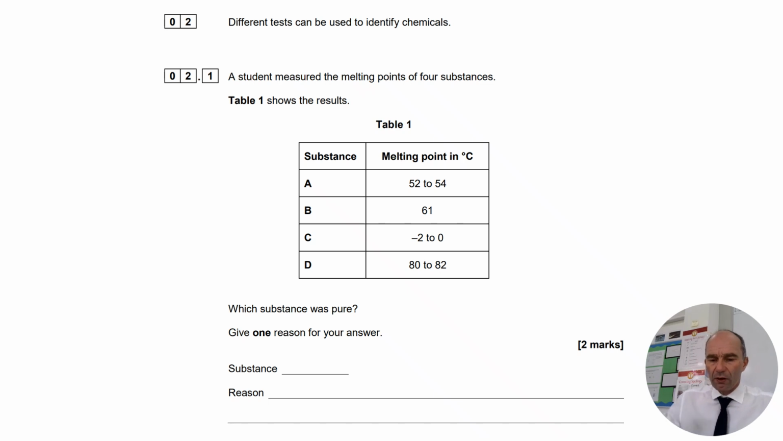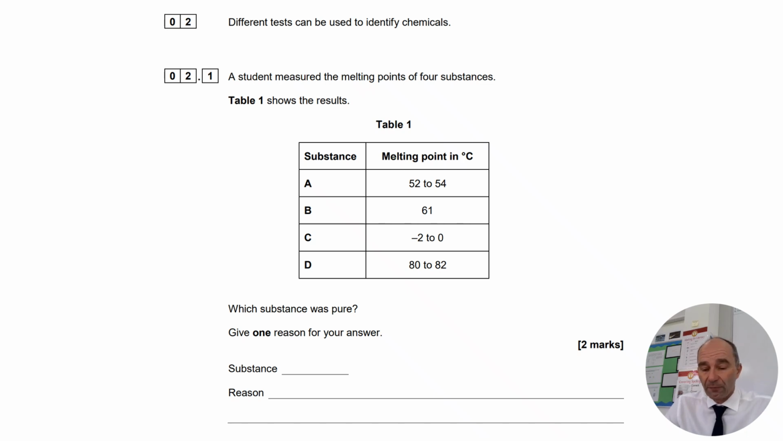Now, question 2, we're on to chemical testing here. Different tests can be used to identify chemicals. We've got some melting points of 4 different substances, and we've got the results here. Now, which substance was pure, and we have to give a reason for our answer. Now, remember, the melting point of a material is sometimes called the fixed point, and it's a specific value for